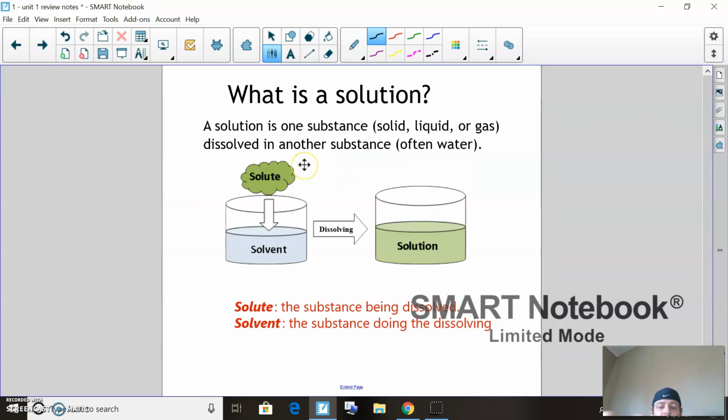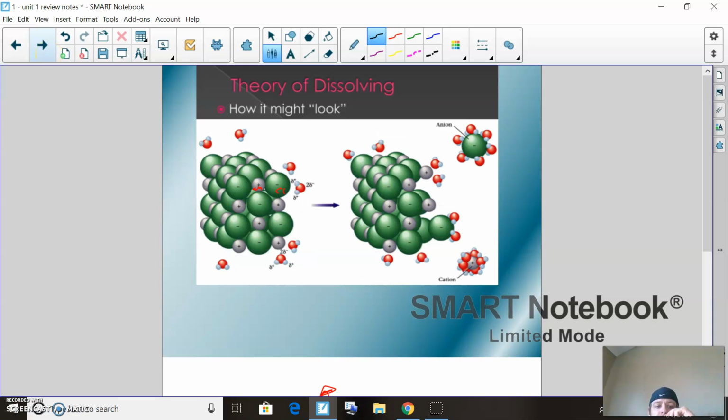A solution is when you have a solute, which is usually a solid, dissolved in a solvent, which is usually water. Now, this could also be oils, whatever. And then we get a resulting solution. So a solute is what's being dissolved. A solvent is what's doing the dissolving. Here's what